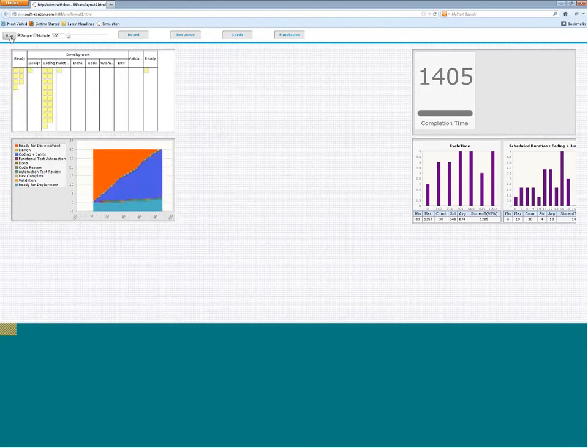Of choke happening at the coding lane, but it is still happening. There is no doubt about it that it is still happening. Okay. The other thing now, if you start noticing, is that your functional test automation lane has also started piling up. You see the work piling up here, right?